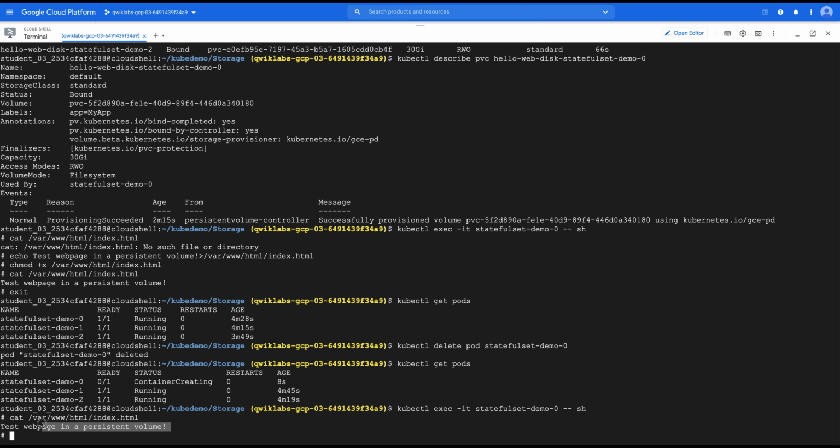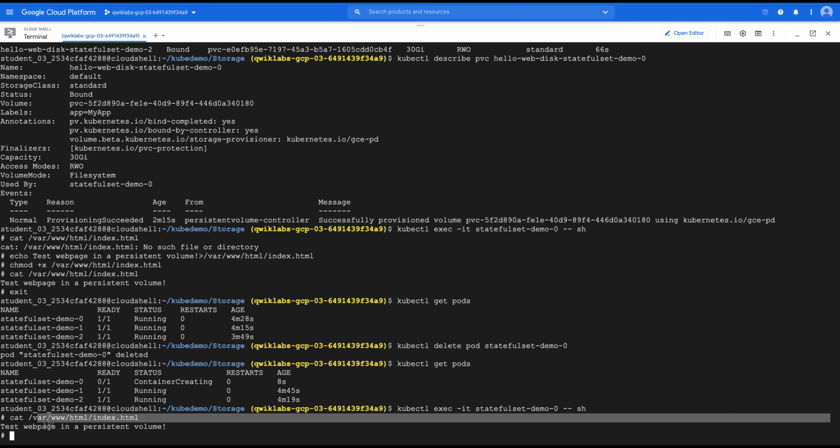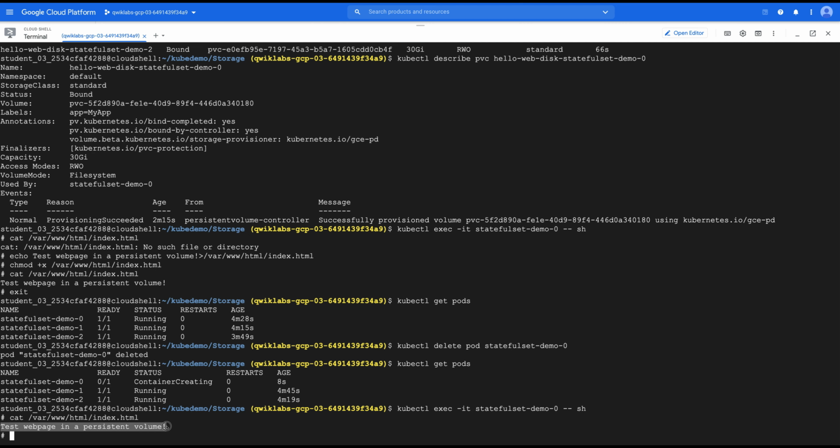Yes, because I deleted it, Kubernetes created it again and also mounted the same persistent volume to it, and from there I am able to get my data back. So the stateful set restarts the pod and reconnects the existing dedicated PVC to the new pod, ensuring that the data for the pod is preserved.